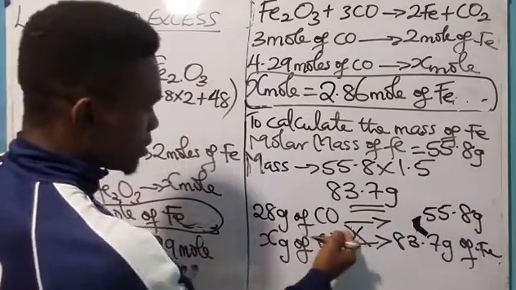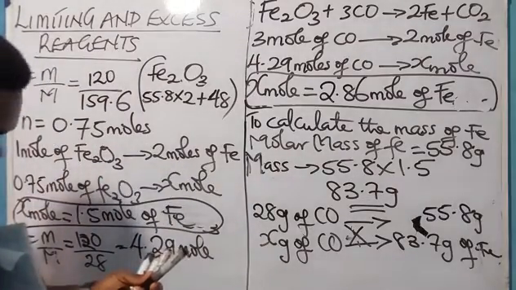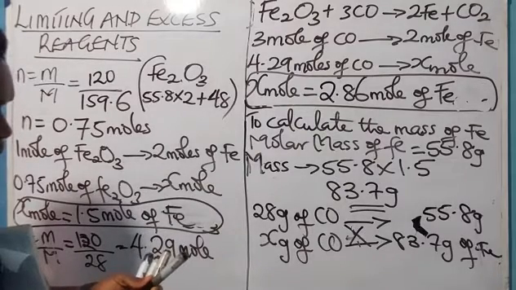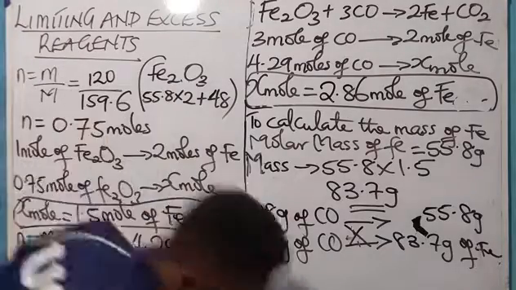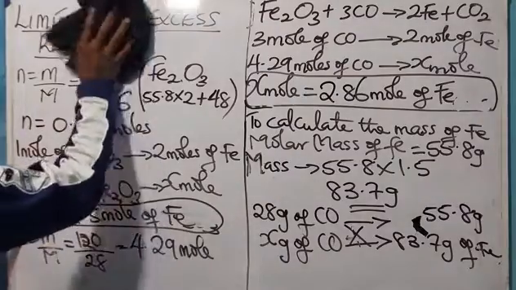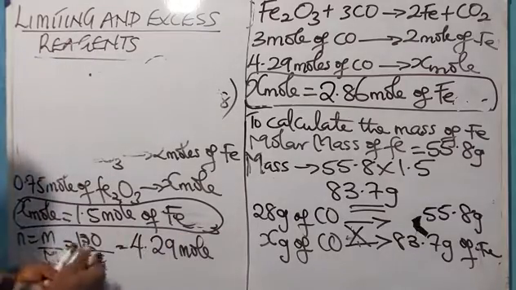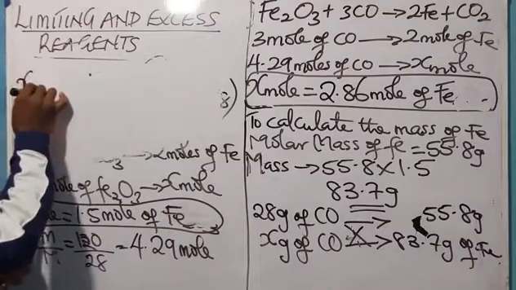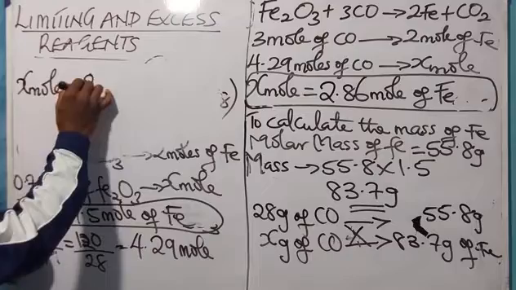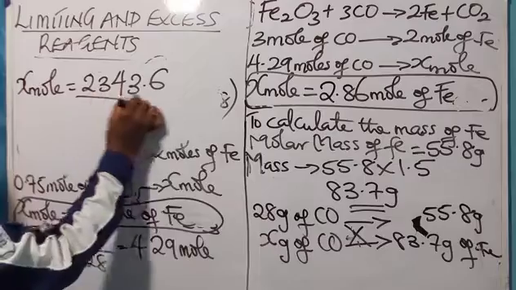So 83.7 times 28 equals, okay, I'll rub off this part, please. Let me bring it down. I'll have 83.7 times 28. I'm having it to be 2343.6 divided by